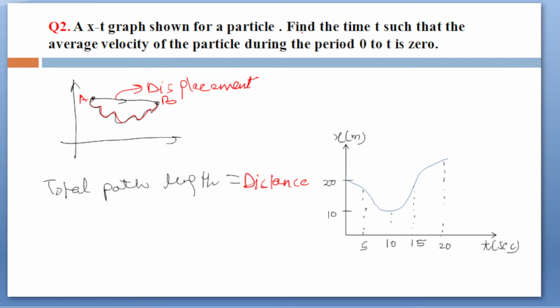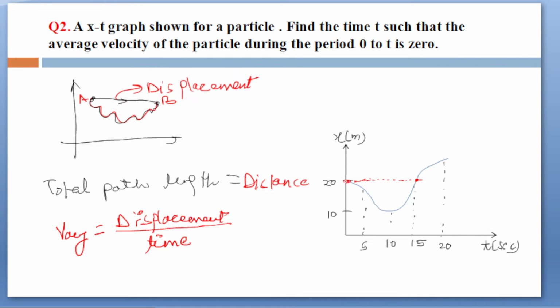In this question we have to find the zero position of the average velocity. So average velocity V average, we know this is displacement divided by time. So the velocity will be zero where the displacement is zero. So if we join the initial and final point,